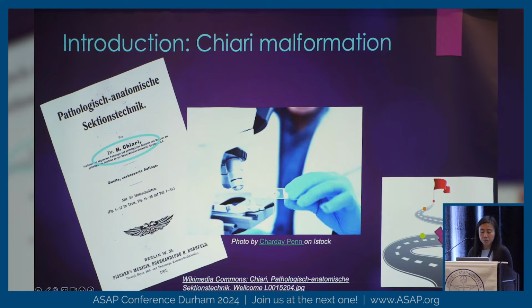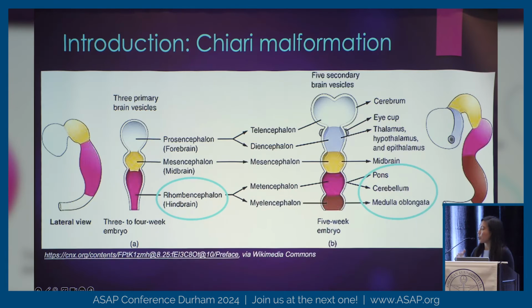You guys may know it's from Dr. Hans Chiari. He's from Vienna, and he was an anatomic pathologist in the days, and he described that there was a malformation, an abnormality involving the posterior brain. And the posterior brain is, at least in development, very early on, in the 3 to 4 week stage, just 3 primary brain vesicles,